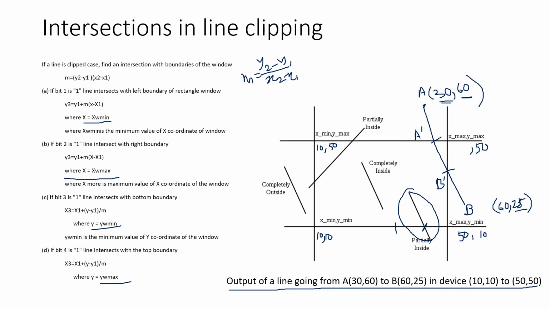So in that case this is going to happen. You can see that also for this particular algorithm we mentioned that if it is intersecting the top boundary, you have to set y equals to yw max. So you are currently having all of the points required, and this is the equation that you need to apply for this particular point.